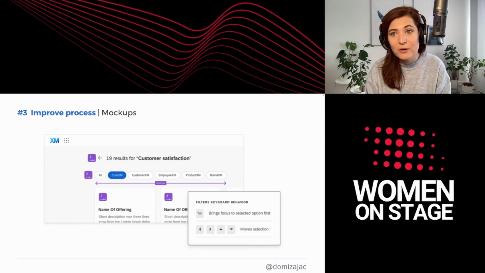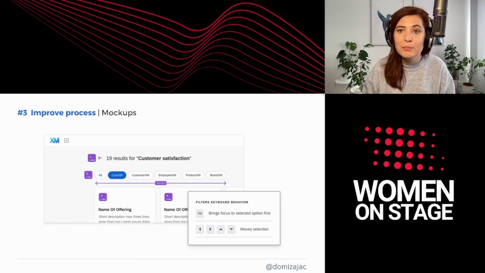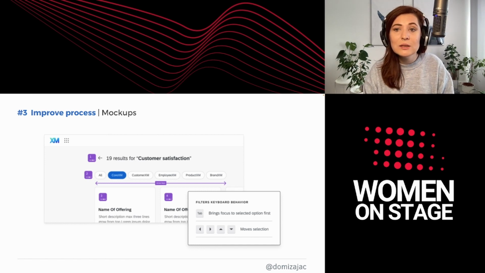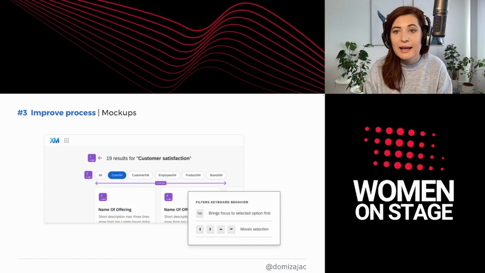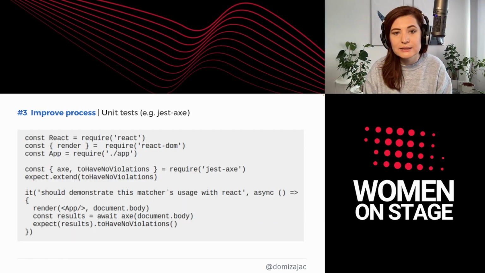We should start with mockups. There is this measure telling that if you find a problem on the designing part, it's 10 times easier to fix than finding the problem during implementation, which is 10 times easier to fix than a problem found during testing, and so on, so on, so on. So even when you talk about mockups, think how to navigate through this page. What is, for example, the keyboard order there, and so on. Ask about accessibility during this step.